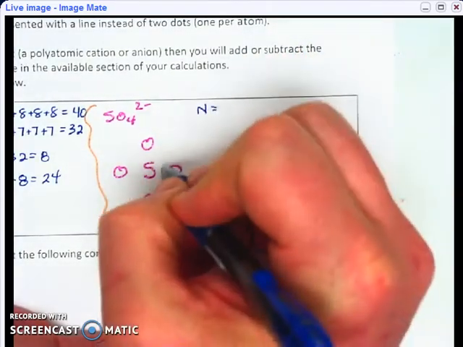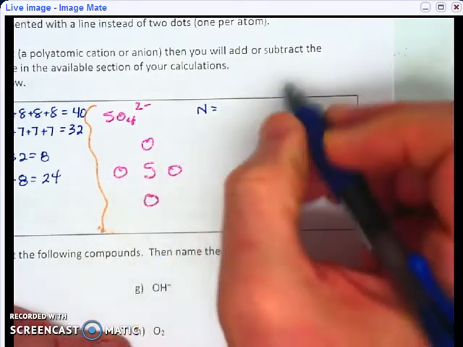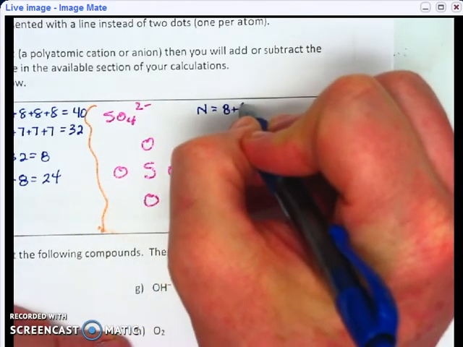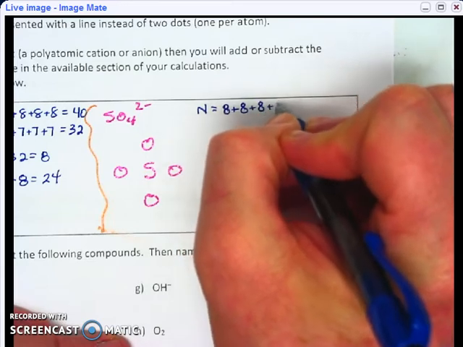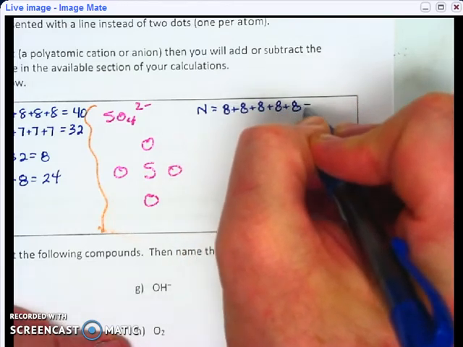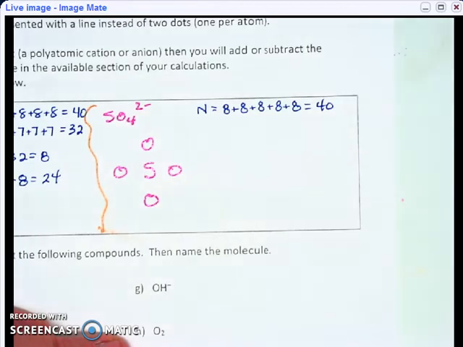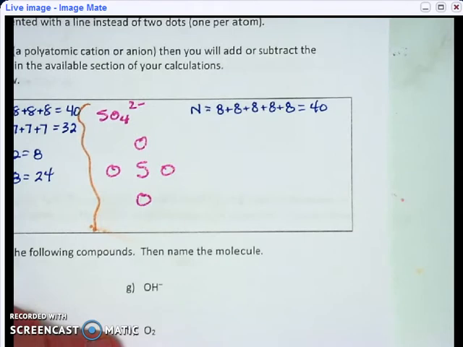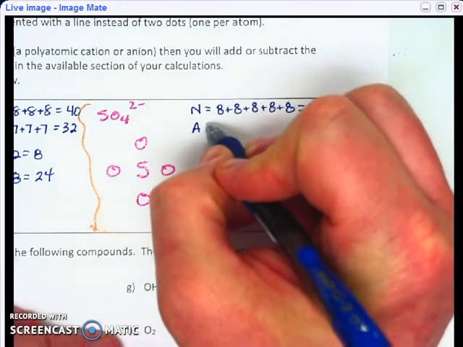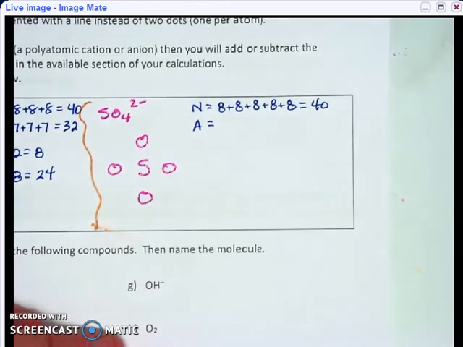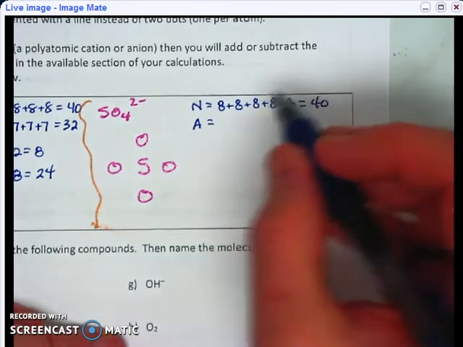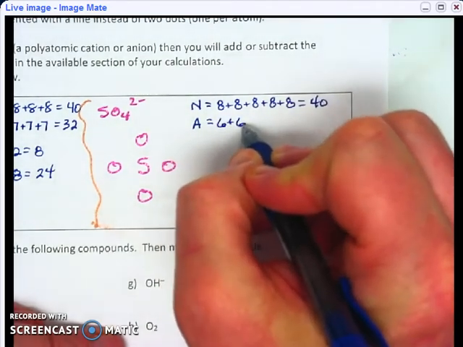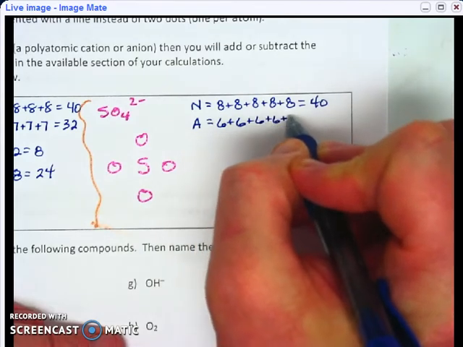My N, again, I have 1, 2, 3, 4, 5 different atoms. They each need 8. For a total of 40, right? You okay with that? I know I'm going fast, but available. Well, sulfur and oxygen are in the same family. How many valence electrons do they have? 6. So we do 6 plus 6 plus 6 plus 6 plus 6